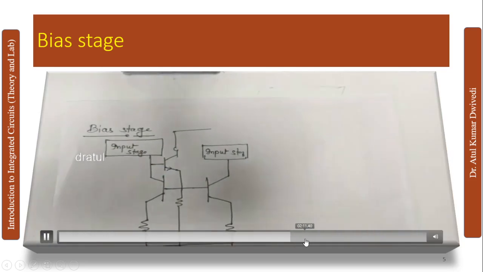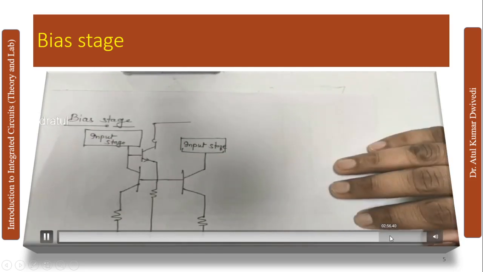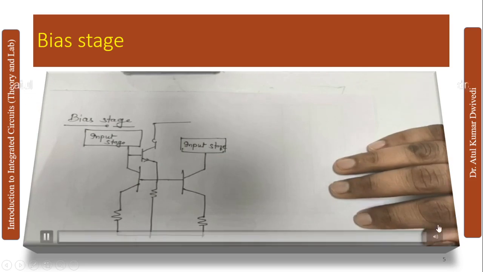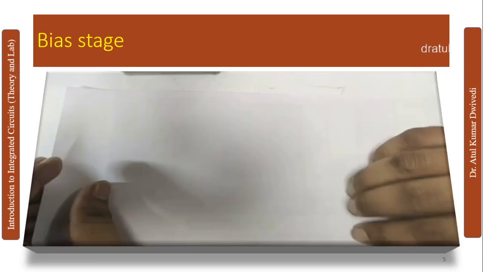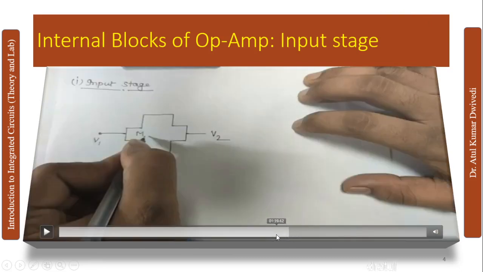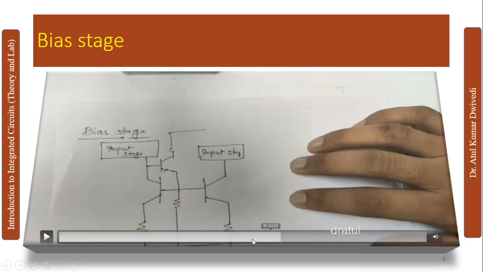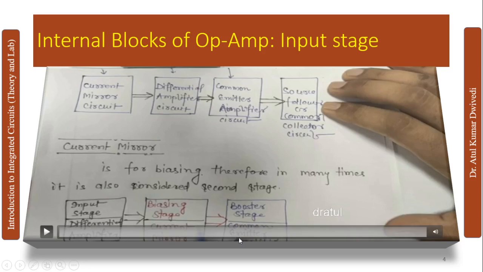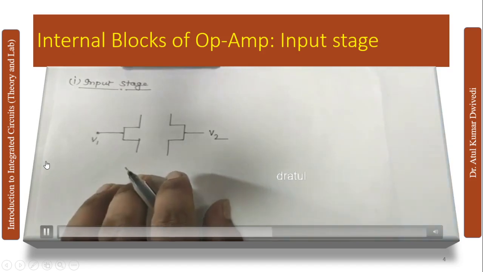The differential amplifier consists of two FETs. FETs are taken because they have larger input impedance and smaller output impedance. The two inputs of the op-amp, V1 and V2, are provided through the gates of the FETs. Let us name the MOSFETs. The MOSFET has much higher input impedance, so MOSFETs M1 and M2. Okay, so this input stage is biased with the help of the bias stage.